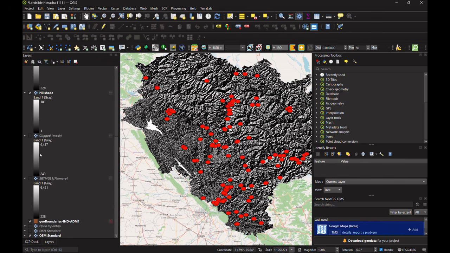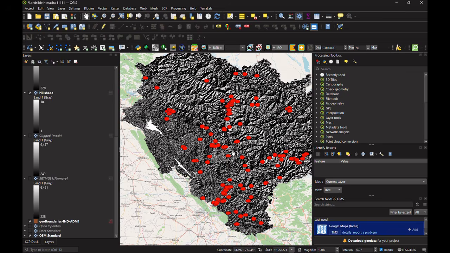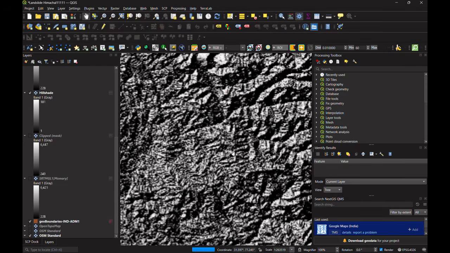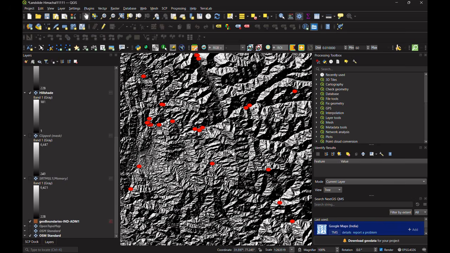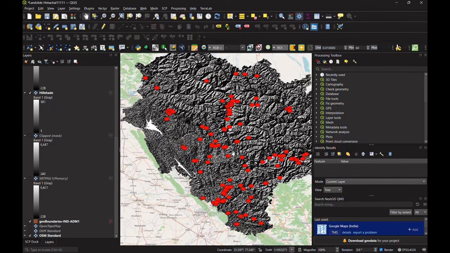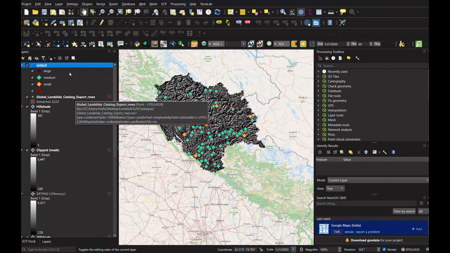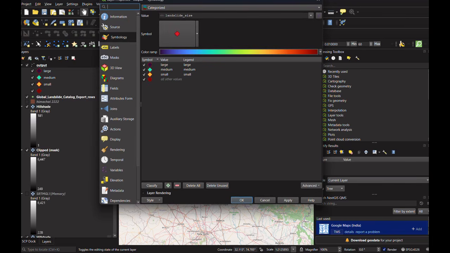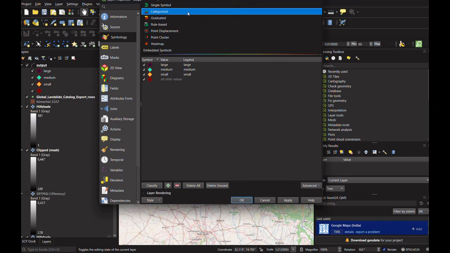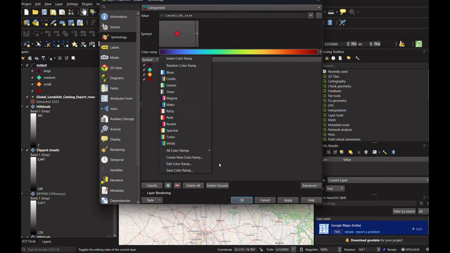Now, right click and go to Symbology. In the Symbology pane, we'll change the simple marker to categorized. Choose the field value in the value drop down list as landslide area. Pick a color ramp and then classify. Click Apply and then click OK to update the map view, and we will see,